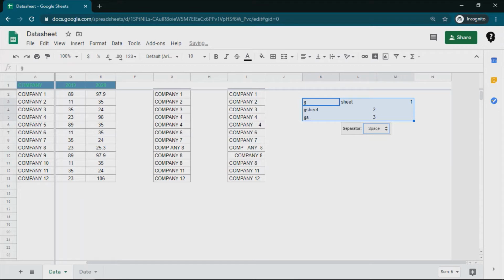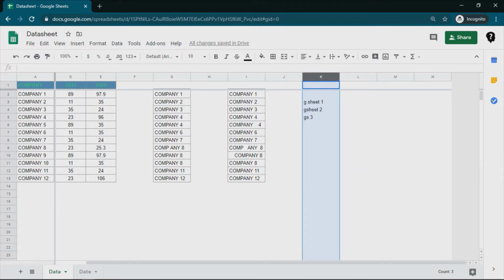Before that, if I use the space one, now based on the space, my data got split because there were two spaces in the first entry. It is going into the third column. If I go by the custom method, let me undo this. If I go by custom method and here I just press the space bar to create a space, it will split that way. If I have some special character in between, I can use that here and accordingly the data will get split. So I hope you got this concept.